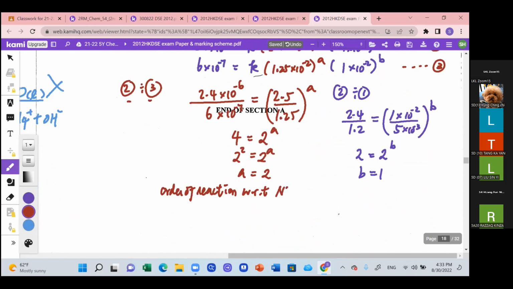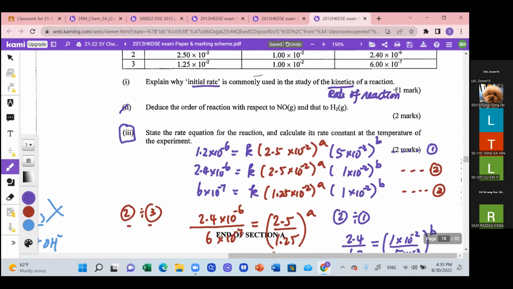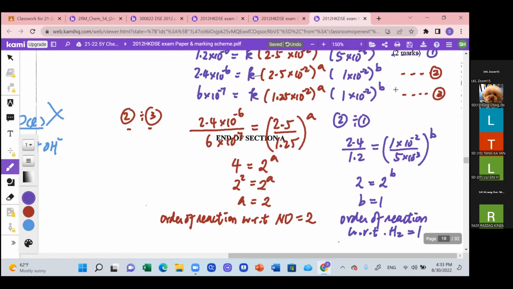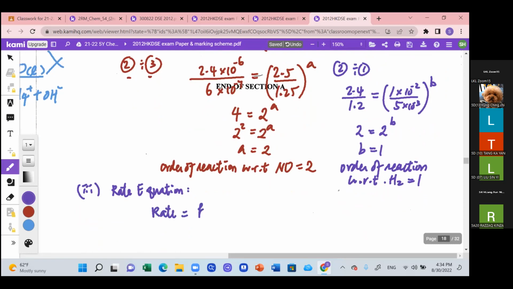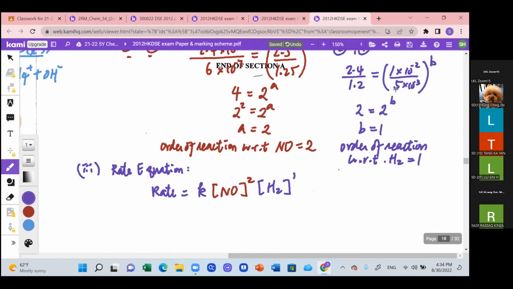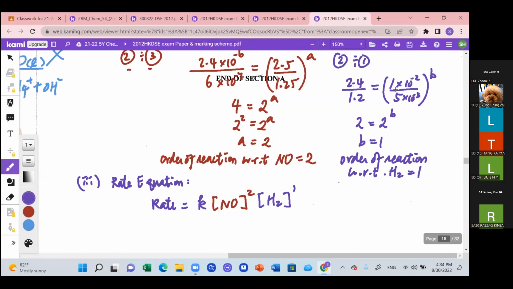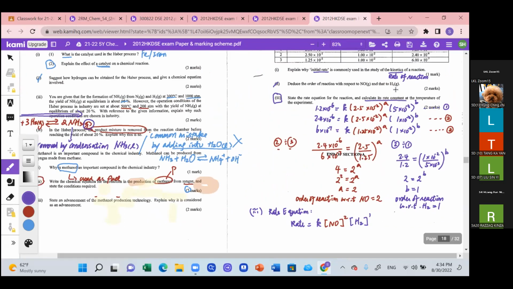NO is 2, order of reaction with respect to H2 is 1。OK 唔 OK？最後尾啦，states the rate equation for the reaction。哇，淺到爆啦！Rate equation 冒號，記住用冒號，唔好用等於。Rate 等於 K 乘 NO to the power 2乘 H2 to the power 1。Calculate 個 rate constant 好簡單。代其中一組數落去，代第一組啦，記住搞清楚個單位就得噶啦。